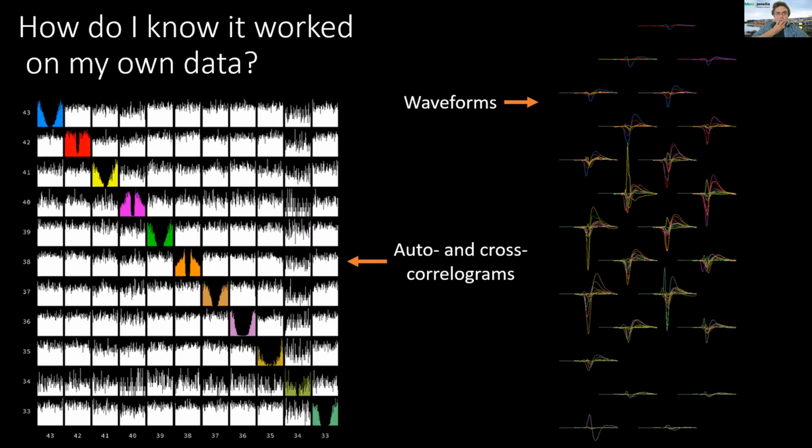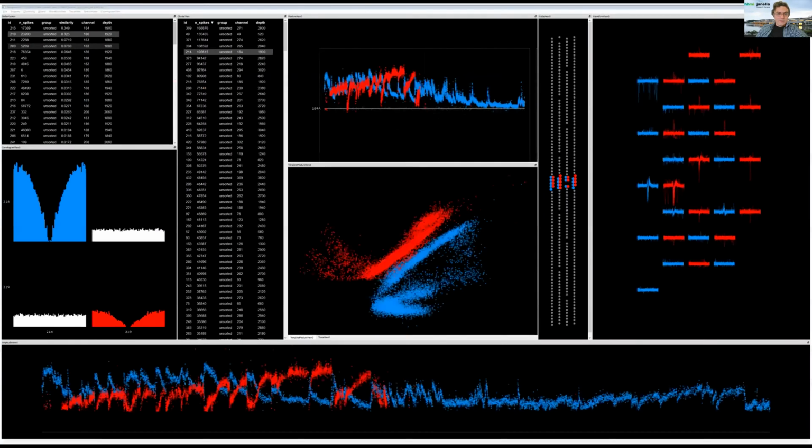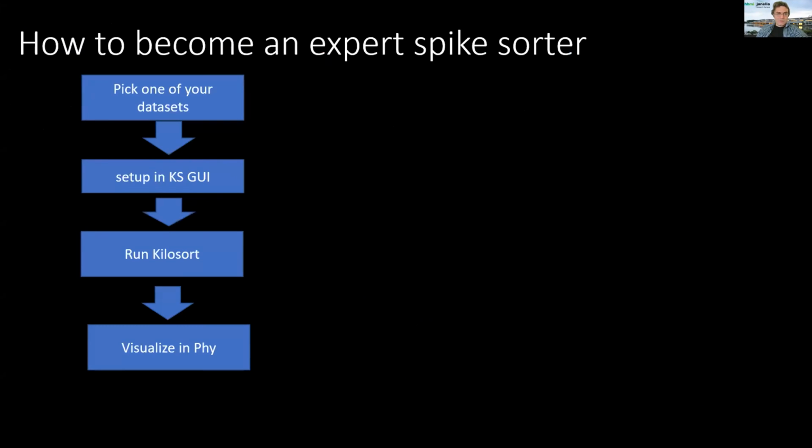How do I know if it worked on my own data? Well, this is the subject of the rest of the day, so I'm not going to go through it. It involves a lot of Phy and looking at neurons in Phy, looking at pairs of neurons in Phy, even when they're very close together. How do you become an expert spike sorter? Again, this is the subject of the rest of the day, but as far as the Kilosort part goes,